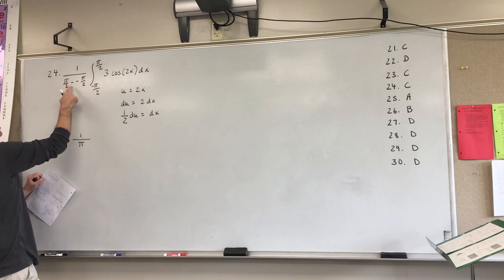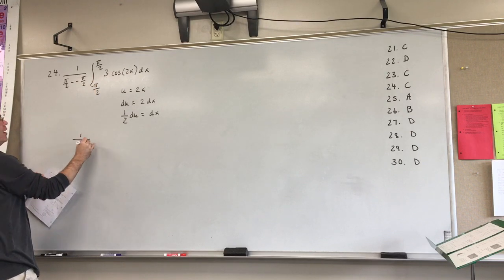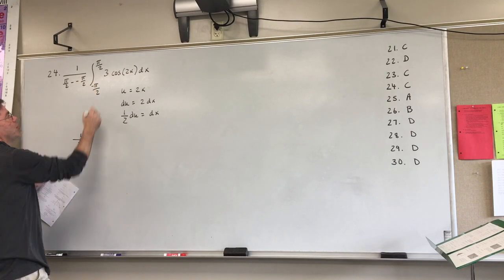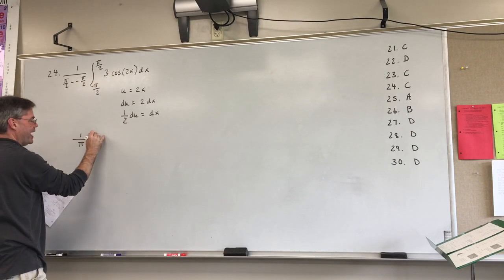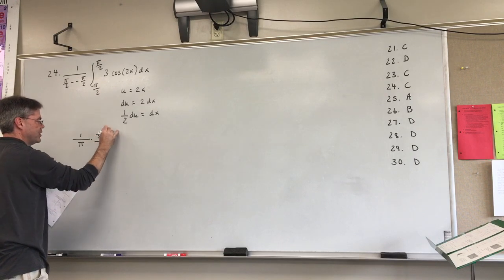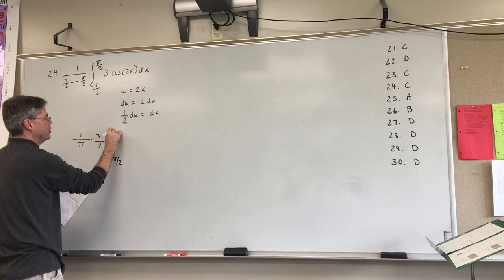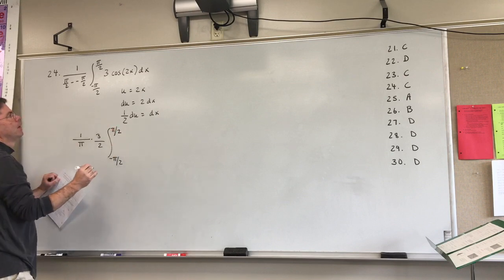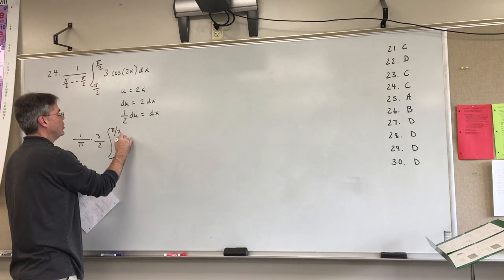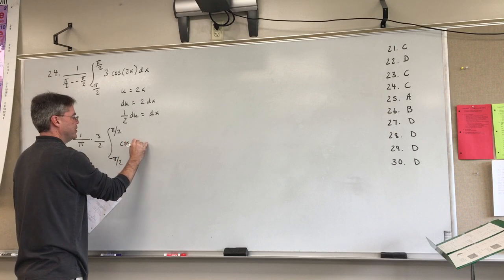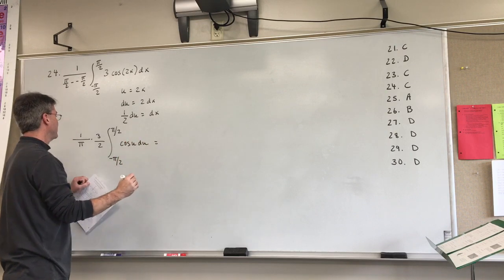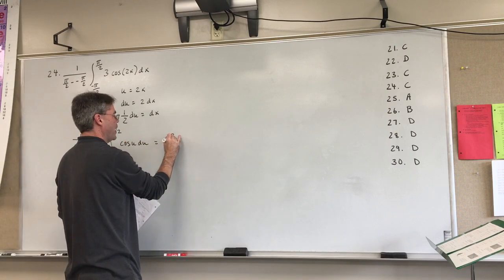I'm going to go ahead and bring the 3 out front, so times 3, and then you've got a half, so times 3 halves. And then we're going from negative pi over 2 to pi over 2 of cosine u du. So that's going to be 3 over 2 pi,